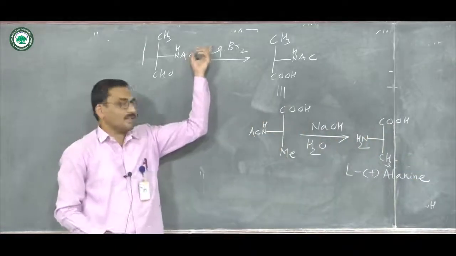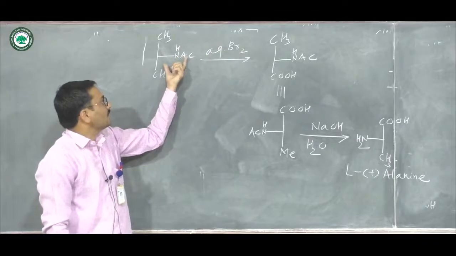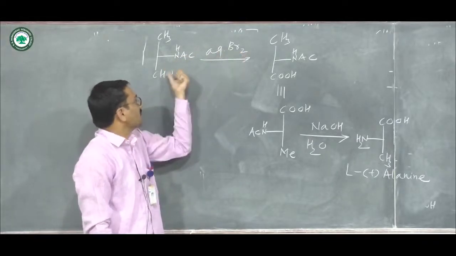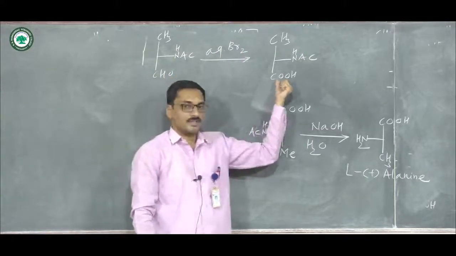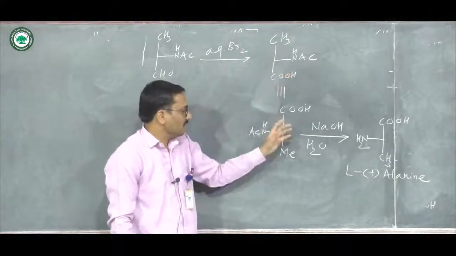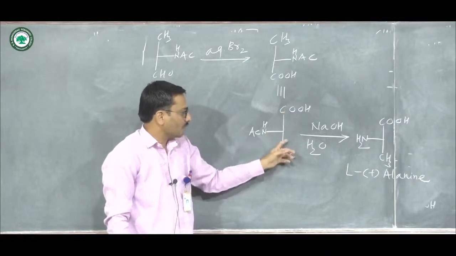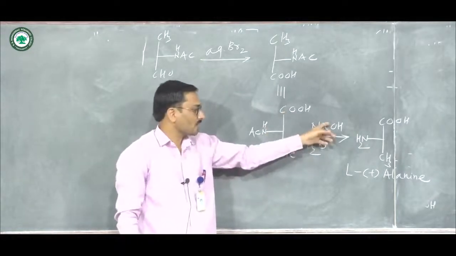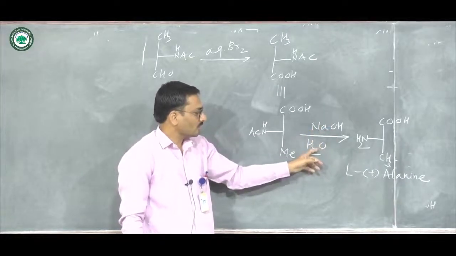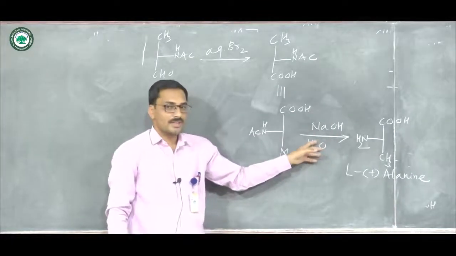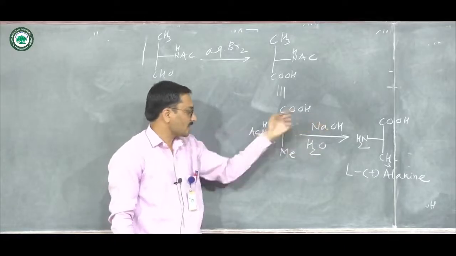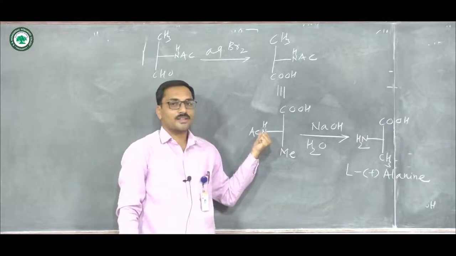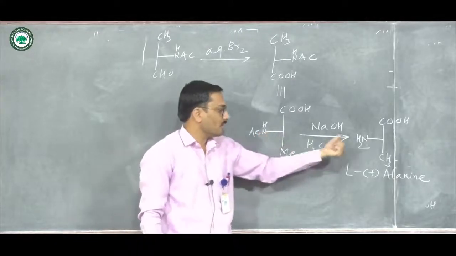Look at these last few steps. This aldehyde molecule undergoes reaction with aqueous bromine and this aldehyde converts into acid. We can write this structure in this way. This acid compound in the last step undergoes reaction with sodium hydroxide in presence of water. This is a simple hydrolysis reaction. Under hydrolysis, this acetate group undergoes cleavage, or we can say deprotection, into the corresponding NH2.